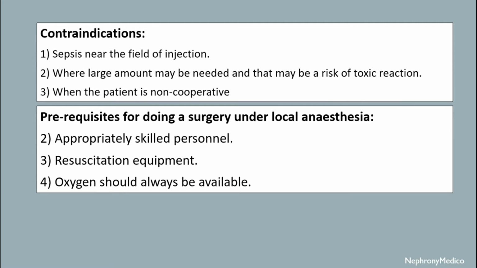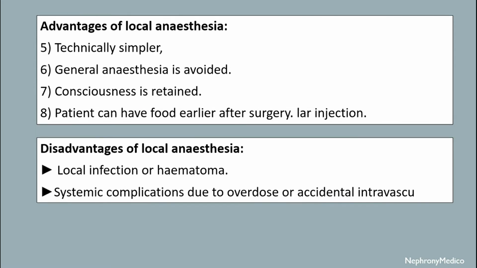Contraindications. In case of sepsis near the field of injection, where a large amount of anesthetic may be needed and there may be a risk of toxic reaction, or when the patient is non-cooperative. The prerequisites for doing a surgery under local anesthesia include appropriately skilled personnel, resuscitation equipment, and oxygen should always be available. Advantages. It is technically simpler, general anesthesia is avoided, consciousness is retained, and patient can have food earlier after